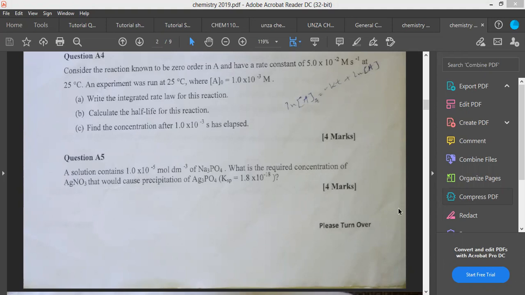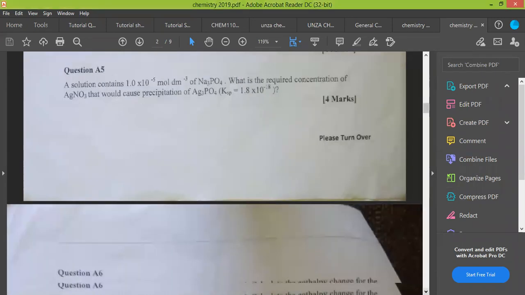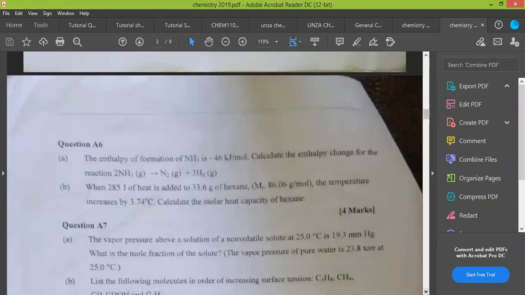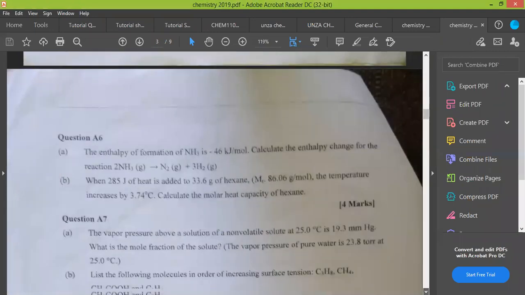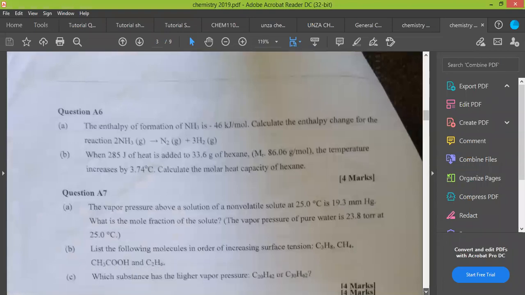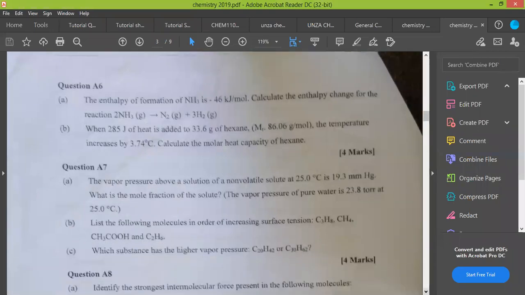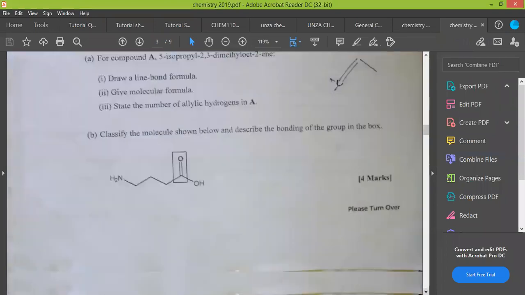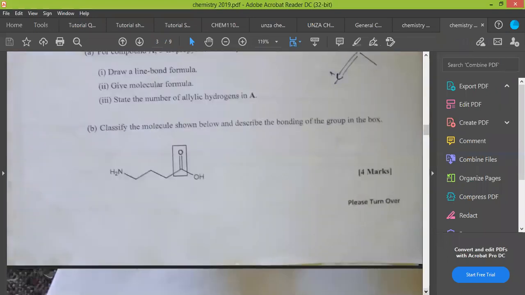Okay, so let us go to section B. Since this is section A, meaning there will only be one section A question on this particular part. So let us quickly